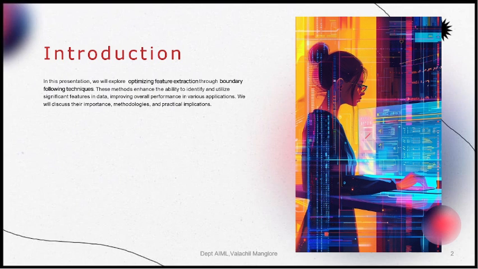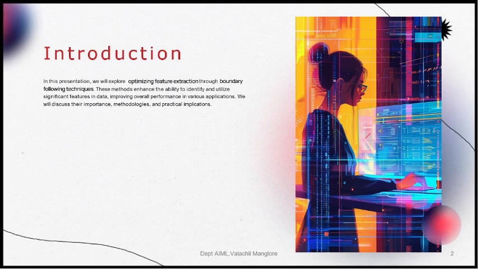Boundary following algorithm. This algorithm traces the contour of detected edges to extract the complete boundary of an object. Common approaches include chain codes, which encode the boundary in terms of relative direction, for example Freeman chain code. Recursive or iterative tracing follows connected edge pixels. Active contours and energy minimization techniques find the crucial object boundaries. Region growing expands a region starting from seed points to follow connected boundaries.